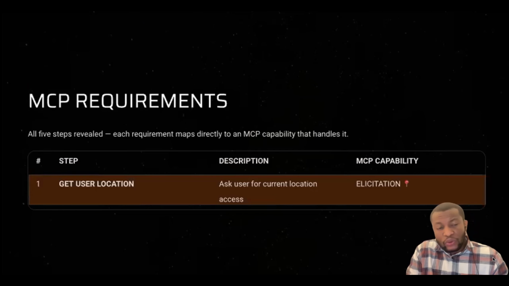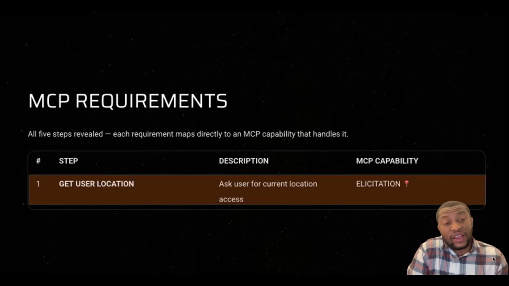Bear in mind that during this design, my focus is to leverage as many MCP components as possible. So this is not necessarily saying this is the best way to design this kind of agent. If I were designing it for a production use case, I would consider some more things, like business use case and also engineering trade-offs. But for this training purpose, let's look at some of the MCP requirements that we need before we go ahead